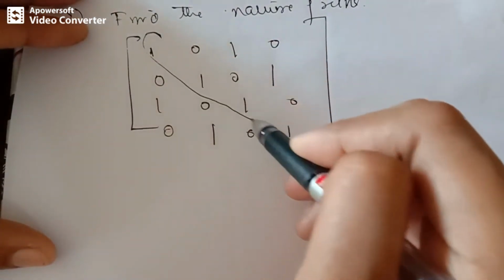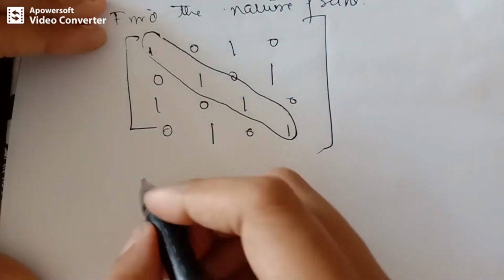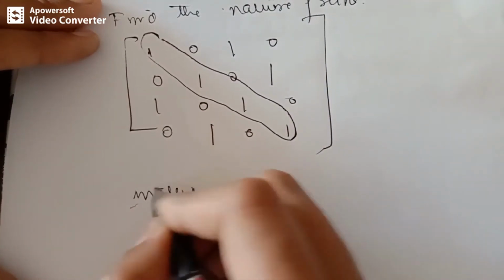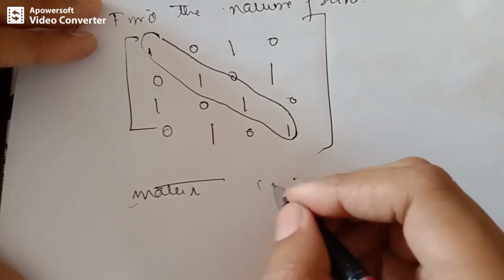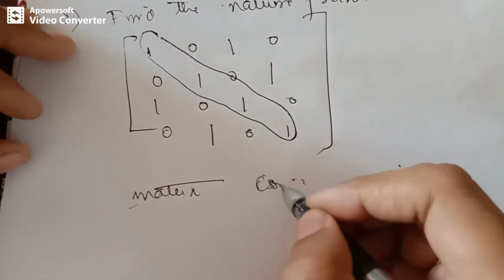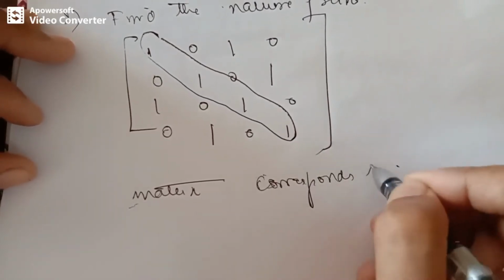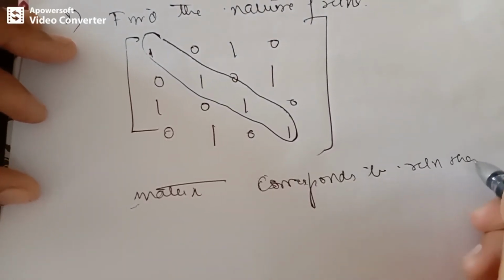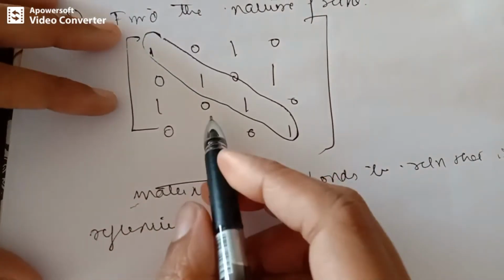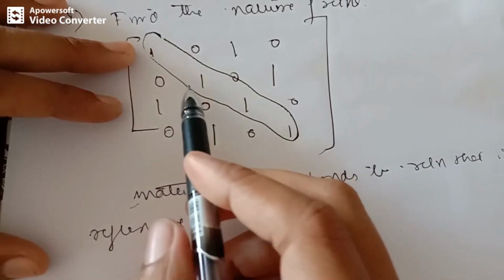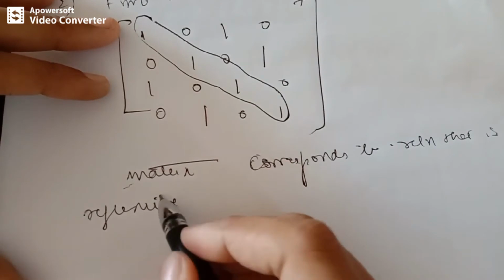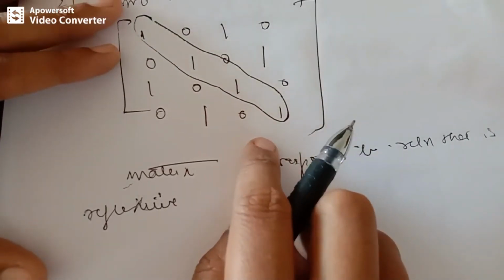So just look into this matrix, the relation R. You can observe the main diagonal consists of ones. Therefore, the given matrix, since it has got ones in its main diagonal, corresponds to a relation that is reflexive. Okay, you need to justify it by saying that since the matrix consists of all ones in the main diagonal, the matrix corresponds to a relation that is reflexive. Okay, so this is a reflexive relation.